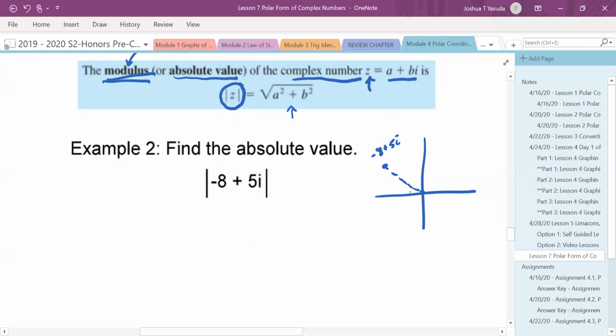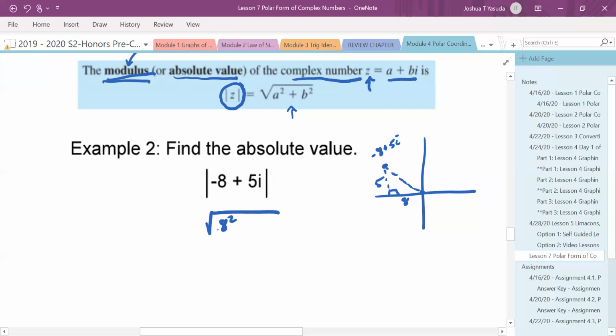And so that's why you end up with this. You can always end up creating a right triangle, and the real part will always be this side of the triangle, and the imaginary part will always be the vertical side. And then you can just do the Pythagorean theorem. So it's always going to work out to the square root of,